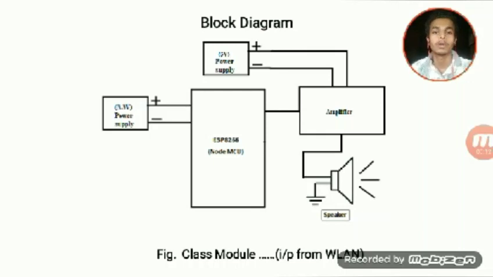So we have three modules in our system, that is the teacher module, HOD module and student module. All modules are based on ESP8266, that is NodeMCU. The student module has only two or three components, that is the power supply, NodeMCU, and amplifier and speaker. It has only one job to do, that is alerting the student about the next lecture, announcing the name of the teacher and the subject who is taking the lecture.